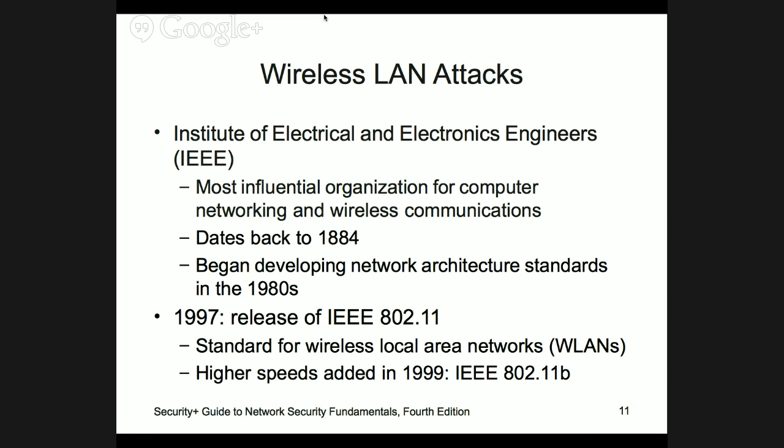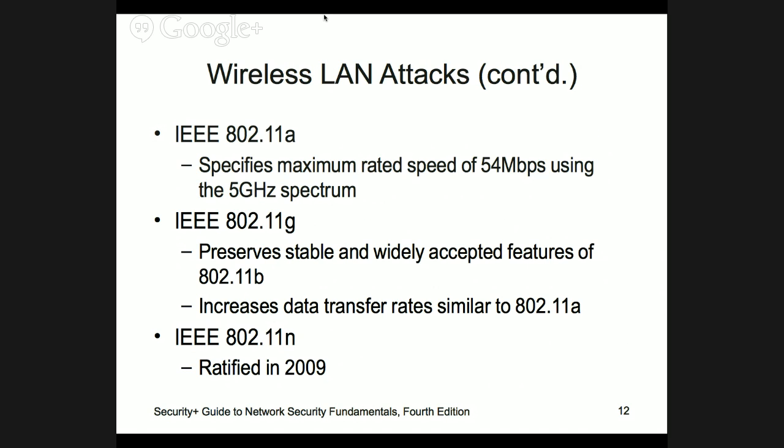They have higher speeds that were added in '99. Well, it doesn't say on here, but 802.11a was the first one. Then B came in '99. Make it a little faster. It does do A here. A was 54 megabits per second, 5 gigahertz spectrum. G preserves stable and widely accepted features of B, increases data transfer rate,